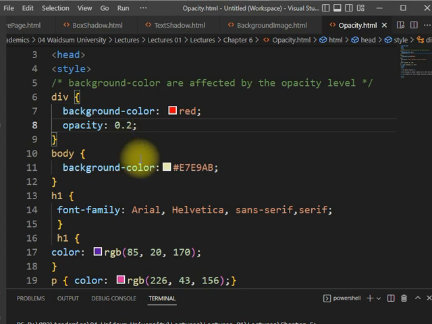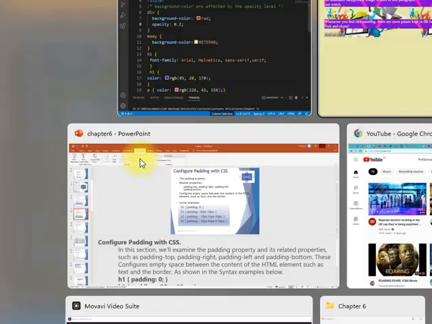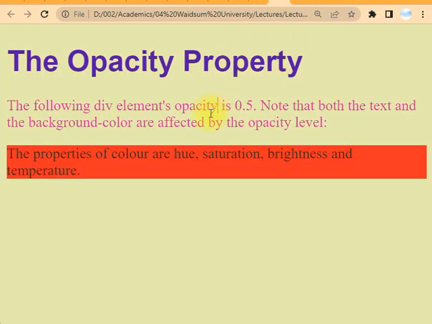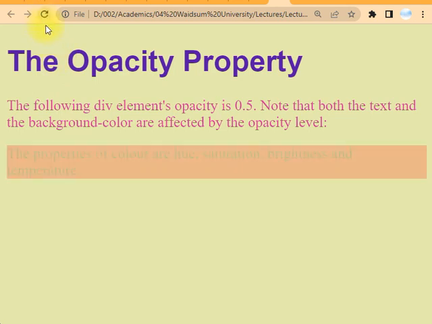So we've given it 0.2, saving the document, head back to the page, opacity. So initially, it was in this level of opacity, but we've now changed it to 0.2. Let's see how it looks like. 0.2 has faded almost everything away. So let's jump back to our code